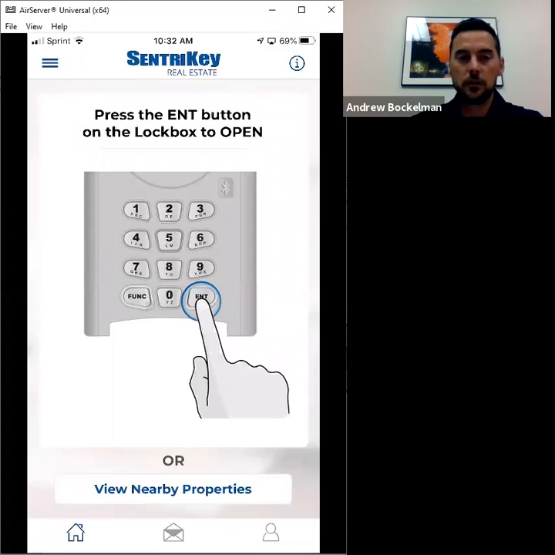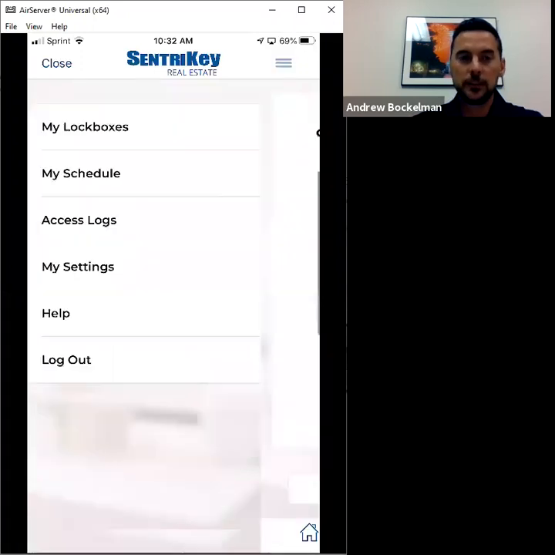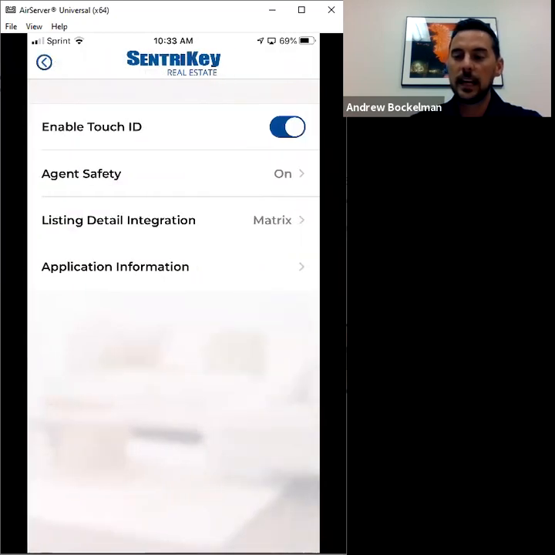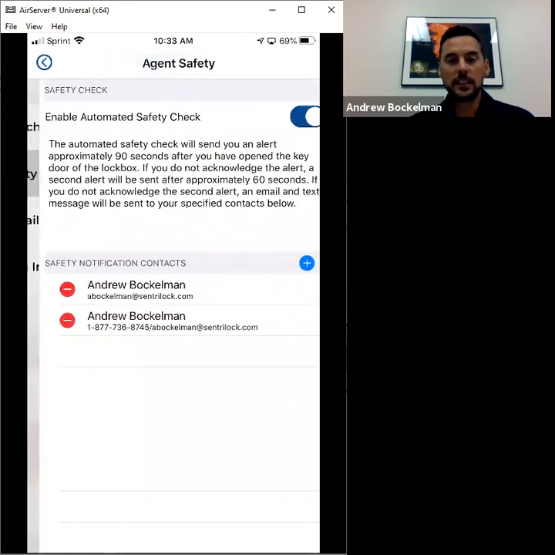If you go to the 3-bar menu up at the top left, that's your hamburger menu that gives you access to all the additional things outside of just opening the key compartment. When I go to my settings, I have the ability to enable my Touch ID, my facial recognition, those sort of things, if you haven't already enabled them. If your phone uses Touch ID to log into it, you're going to be able to use that on Sentry Key. But as far as agent safety goes,